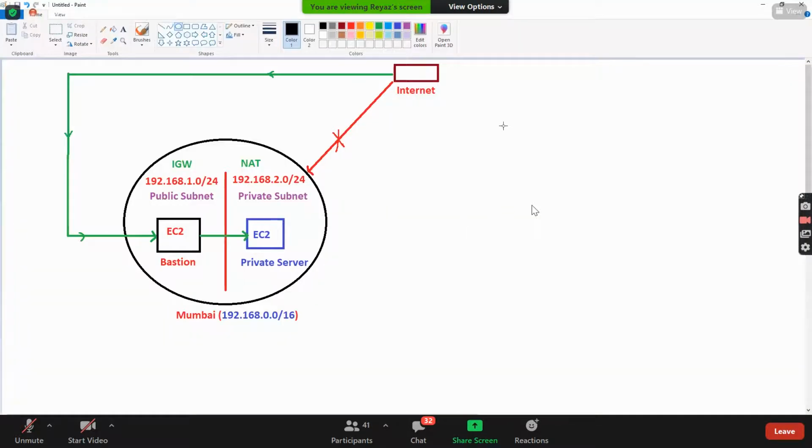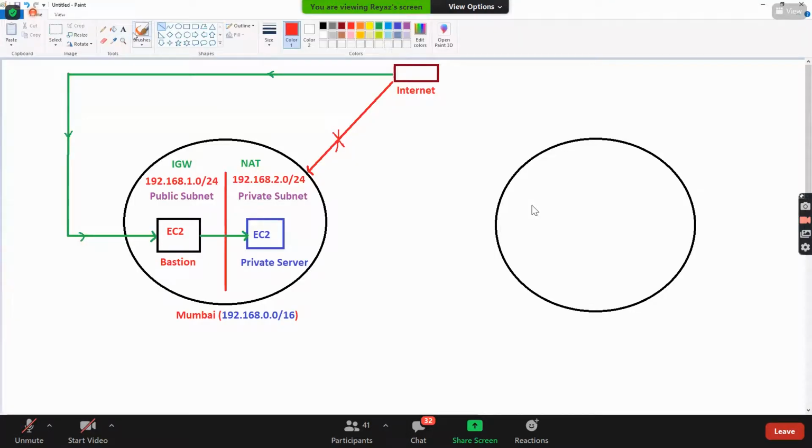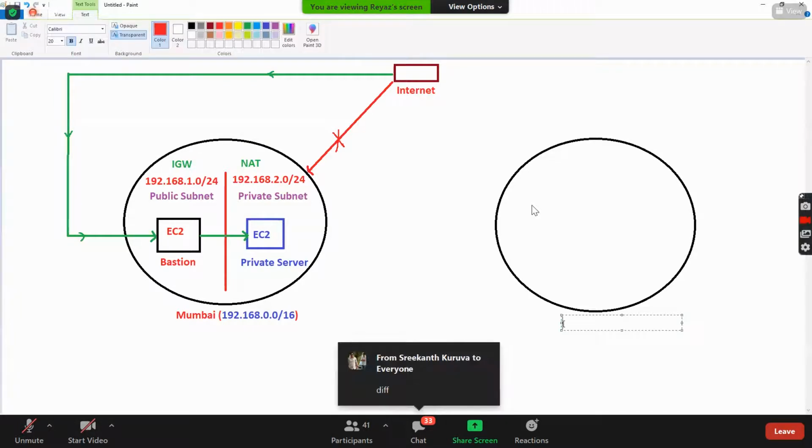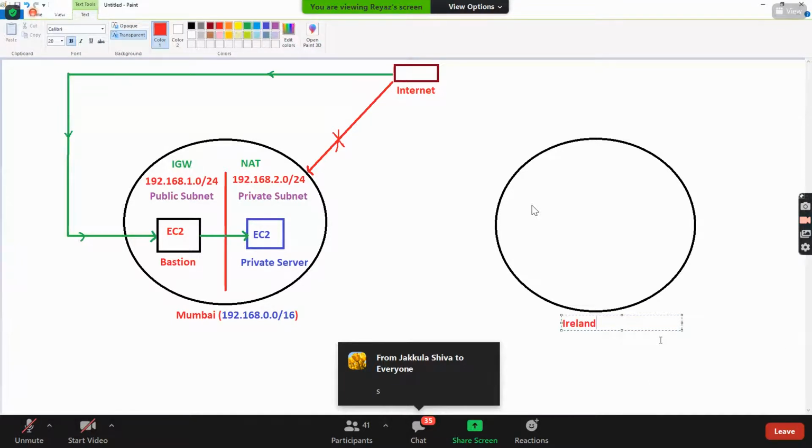Now this is one VPC, and now can we create another VPC, guys? Yes, let's create another VPC. A VPC can be in the same region or in a different region, right? Yes, I can create it in a different region, in Ireland.